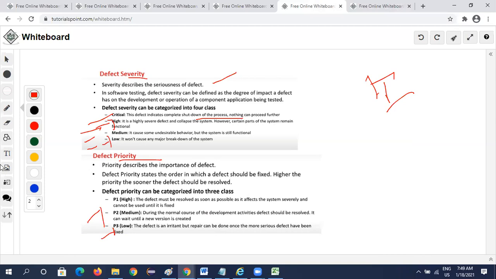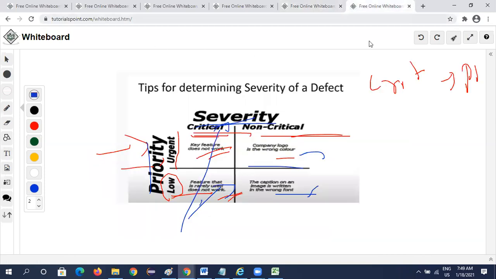So by identifying a defect, you need to picture this image. If the system is getting crashed, it is critical, high severity and high priority, so they need to fix it.